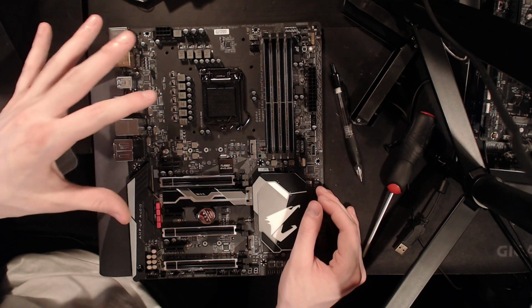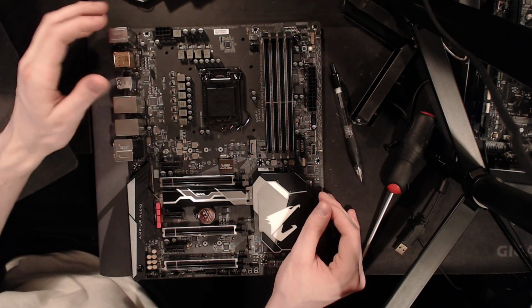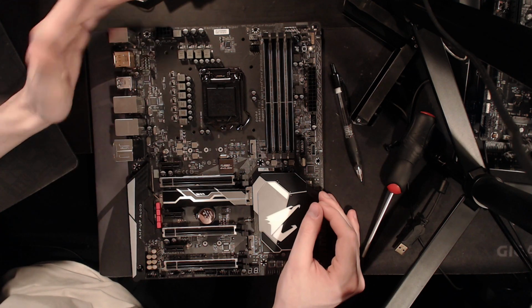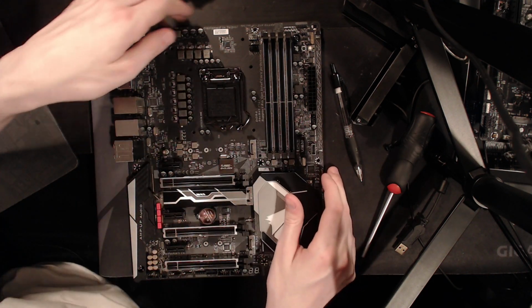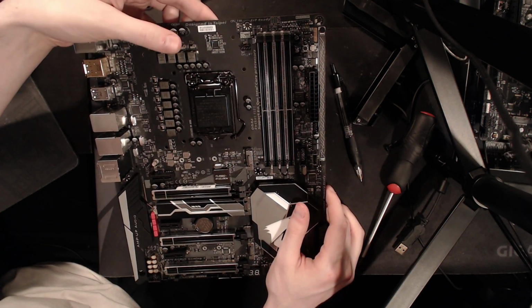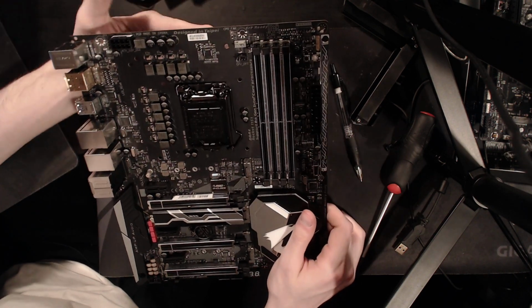And so the VRM shouldn't actually get that hot, even though it will be pushing a hell of a lot of current. So yeah, the V-core VRM is an 8-phase, and we have 10 phases total here, and you might be thinking, okay, well, nobody makes an 8 plus 2-phase voltage controller, so how the hell are we getting this 8 plus 2-phase